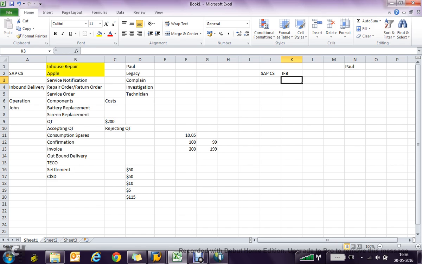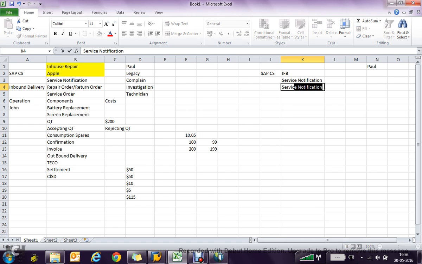In that case, we will be recording the customer complaint in a service notification, and this time Paul doesn't need to bring his washing machine to IFB. So the successor document after the service notification in SAP CS will be the service order,